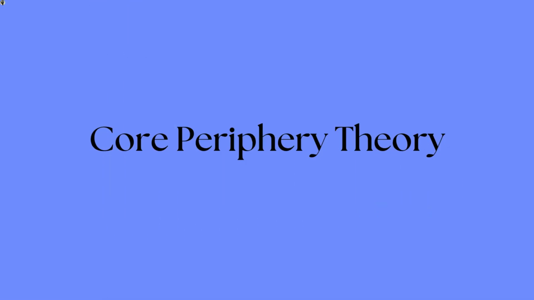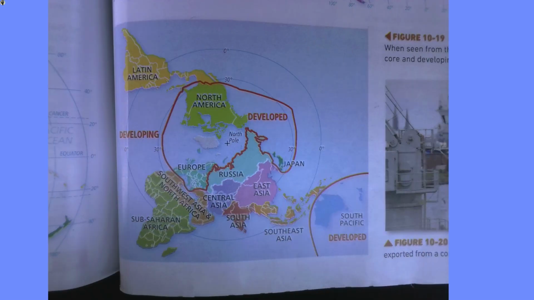We will now discuss Wallerstein's core and periphery theory, also known as the world systems theory. This theory states that MDCs form a core, while LDCs form a periphery around that core, which is clearly visible on this map here. On this map here, a simple line can separate the MDCs from the LDCs, the only exception being Australia.